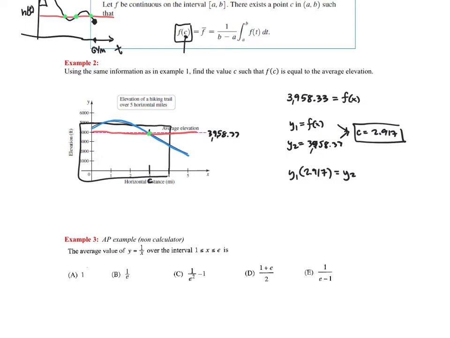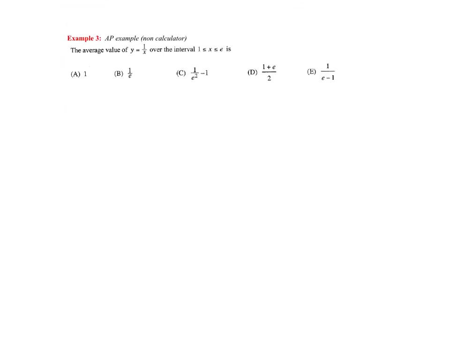So, example 3. The average value of y equals 1 over x over the interval from 1 to e is the following. So my average value for f, and in this case, this notation is optional, but you could denote average value, okay, is going to equal 1 over b minus a, which will be 1 over e minus 1, times the integral of 1 over x from 1 to e with respect to x. Okay, so it's going to be 1 over e minus 1